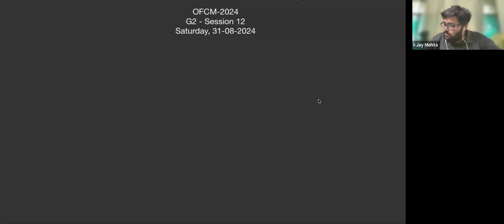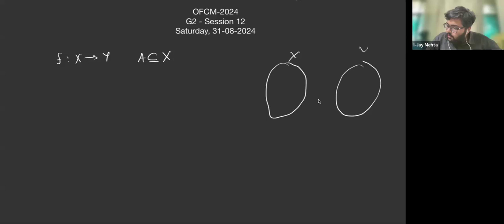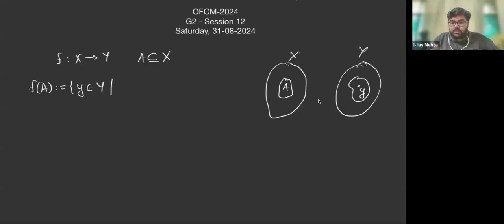Yes. Okay. So we recall yesterday we saw this, right? f from X to Y is a function, and we have a subset A of X. And what is f of A? So when do we say that y belongs to f of A? Right? f of A is a subset of Y. So how do we write this? y belongs to Y such that,